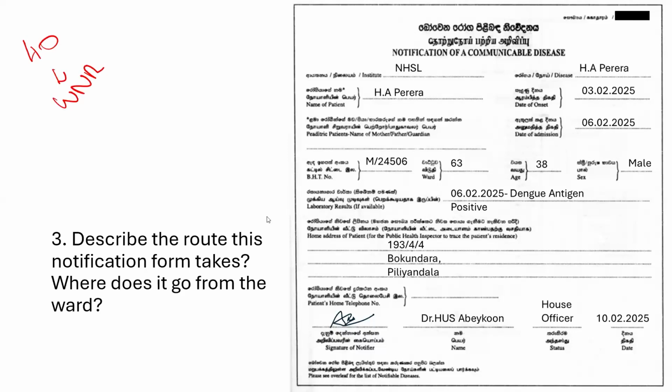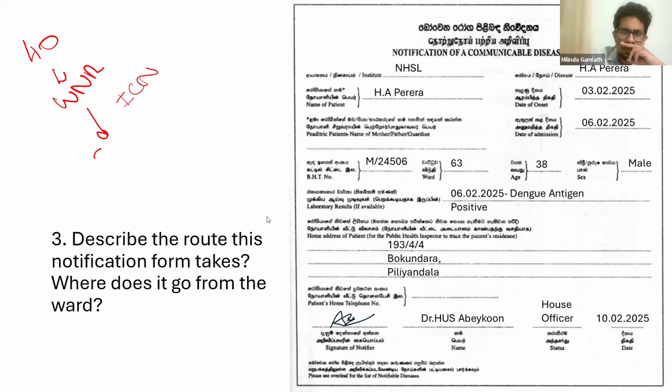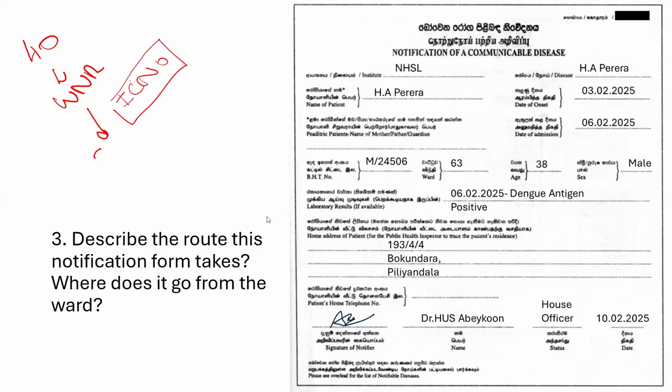After that, we'll inform the infectious control nurse, and then she will document it on the hospital notification register and will post it to the patient's MOH area, and then the patient's MOH will document that on the notification register, and then the area PHI